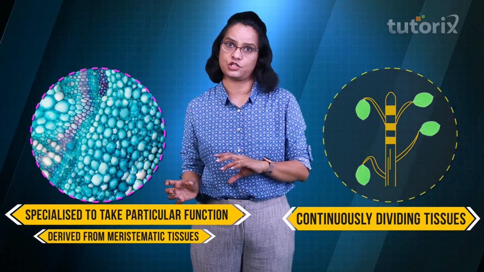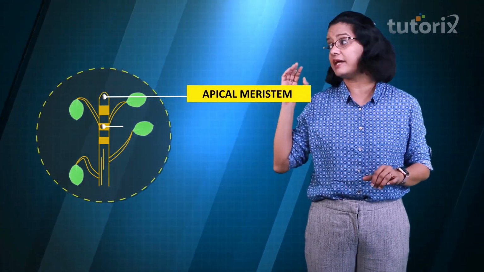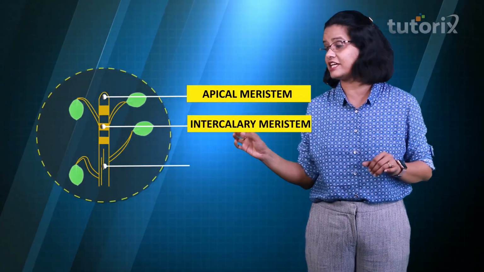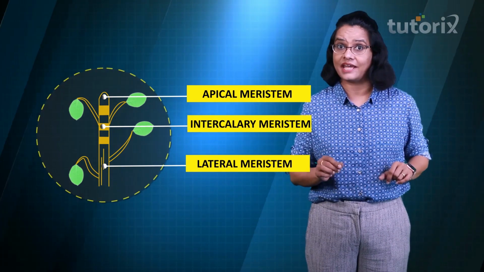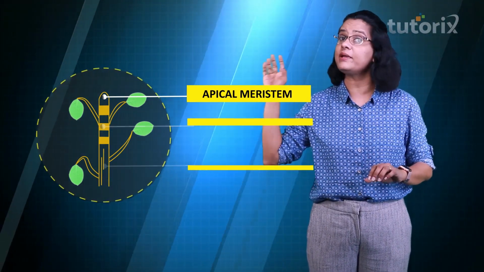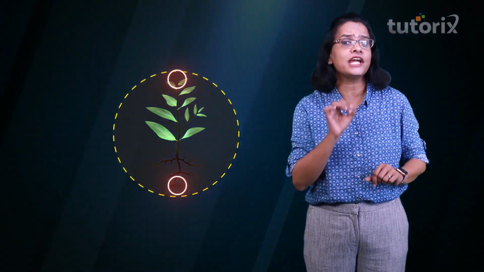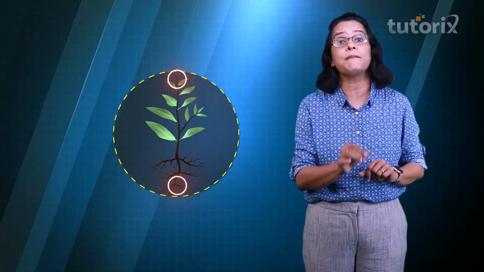from meristematic tissue. Again, we said that meristematic tissues are divided into three types based on their location in plants, which are apical meristem, intercalary meristem, and the lateral meristem. Guys, this session of ours will be focused on the apical meristem. So, come on, let's take a tour to the apical meristem and find out about the properties of the apical